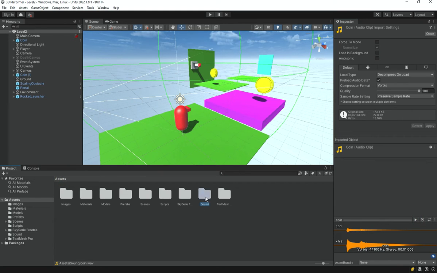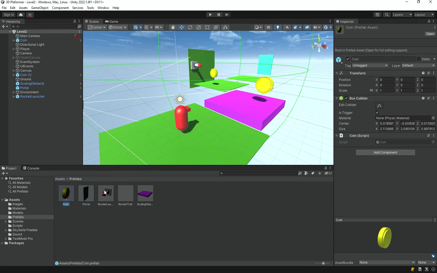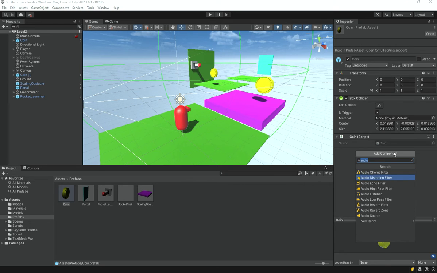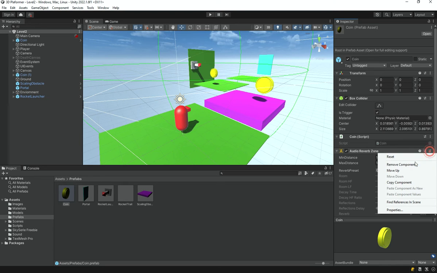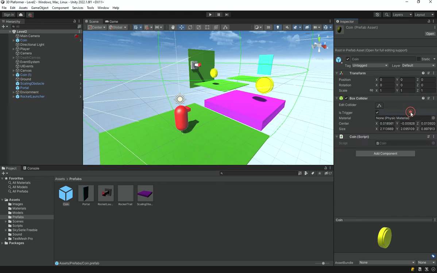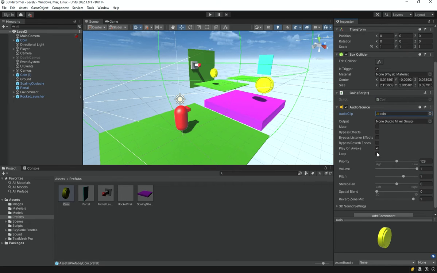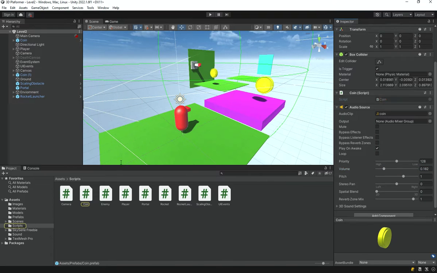So first, what I'm going to do is go under prefabs, select my coin, and add in an audio source component. It's not working. Okay, audio source. All right, once you have added that, just for the clip choose the coin that we have got, and yeah, you can change the volume down if you want, and then we can double click to open up our coin